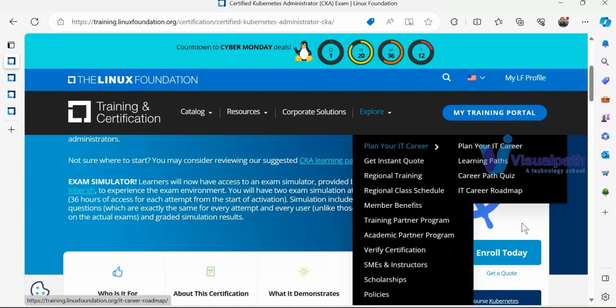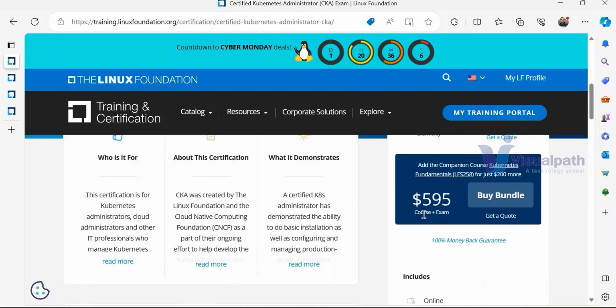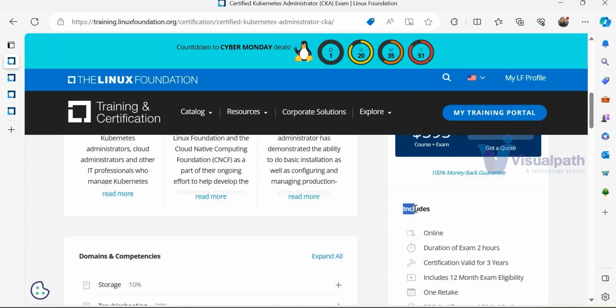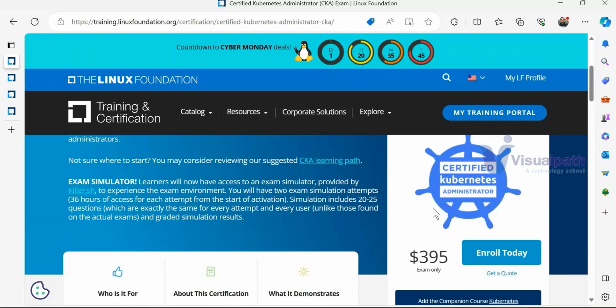Now, if we take this, this is something extra which they charge for the course, but it is only recorded videos they will provide. There won't be any instructor-led training or a lab where the instructor will clarify your doubts. That is not there. That is why Visualpath is there, who will cover this part for you. When you take this certificate at $395 minus 40% discount, which is currently going on, the price will come around 245 or 265 somewhere.